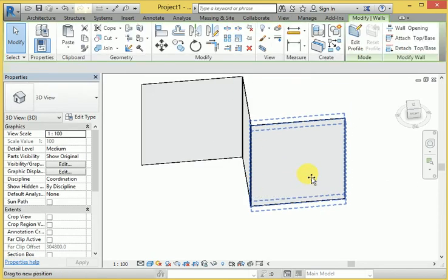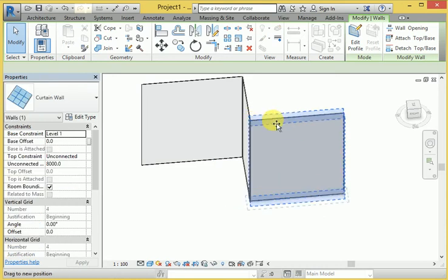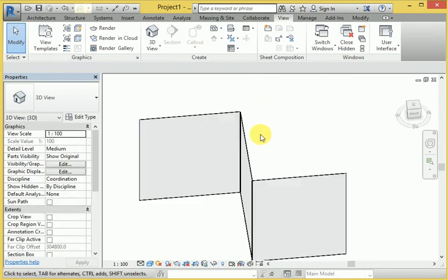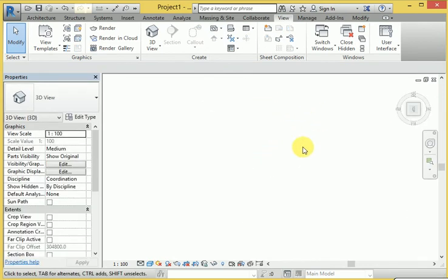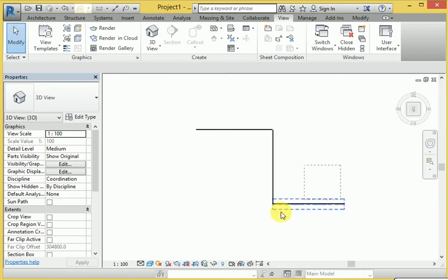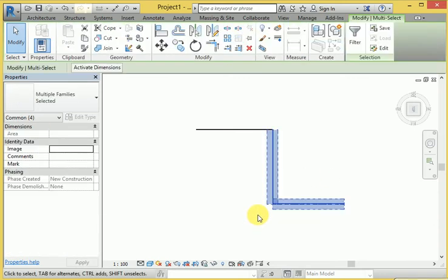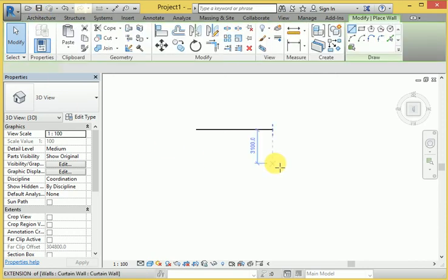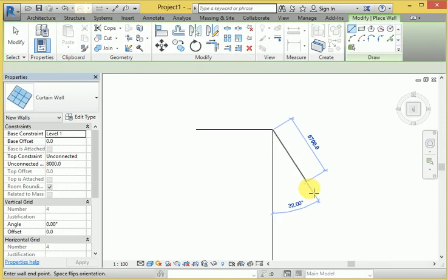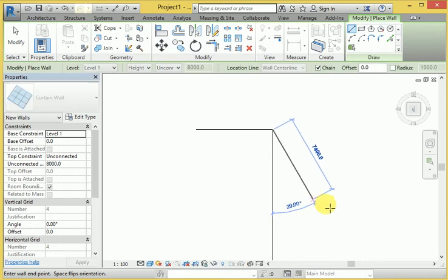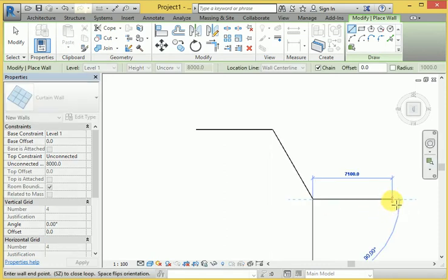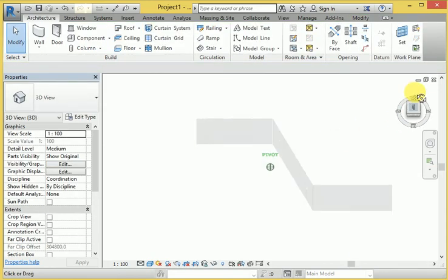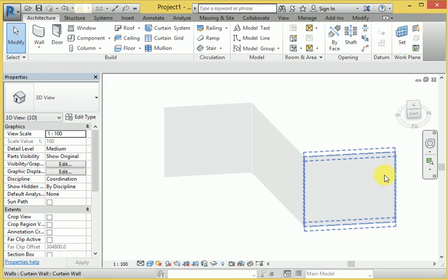And if I change the direction of the wall, it increases the size and level. When I go to the top view again, and if I want to delete this particular wall, right, then after that I will show you again and use the curtain wall, and an inclined wall has been created. Okay. Then cancel.